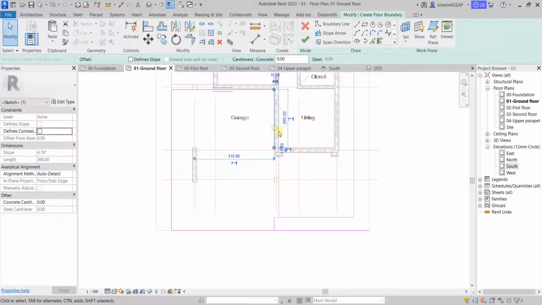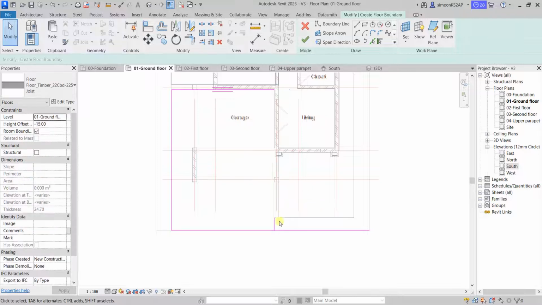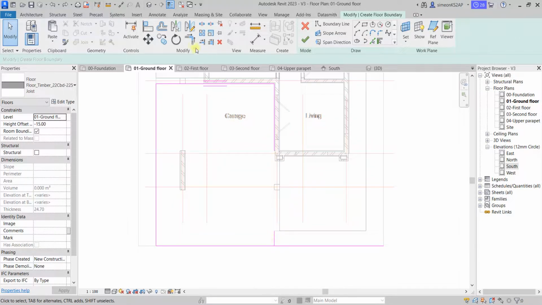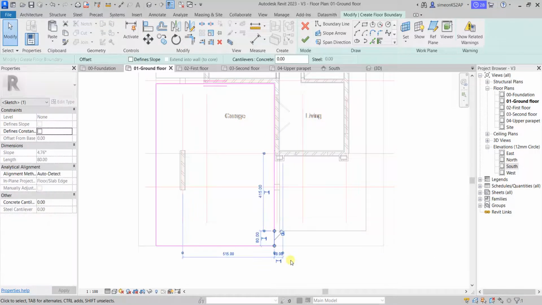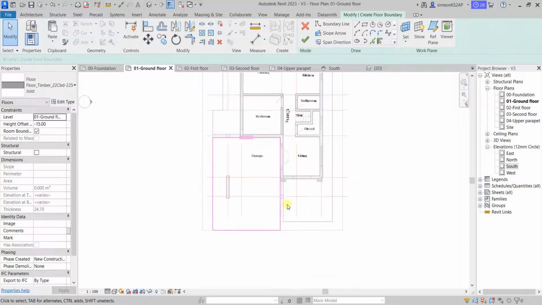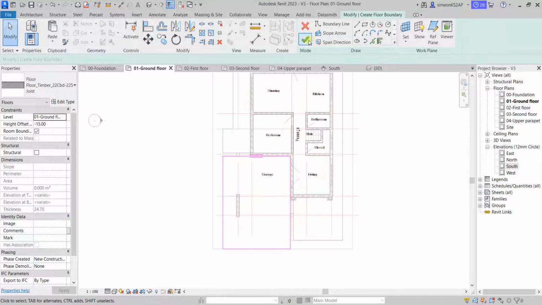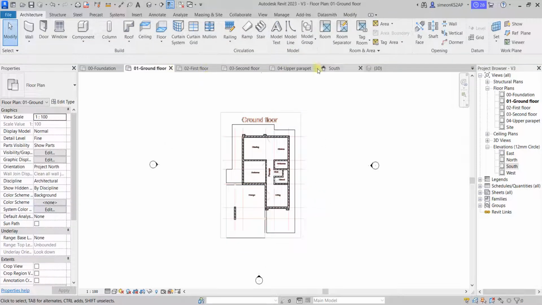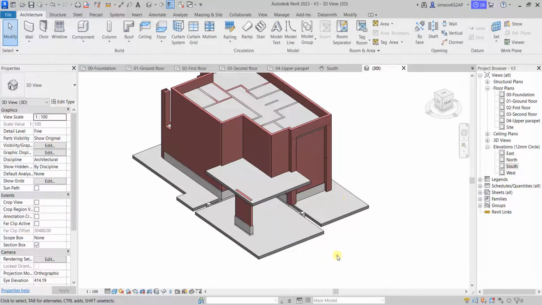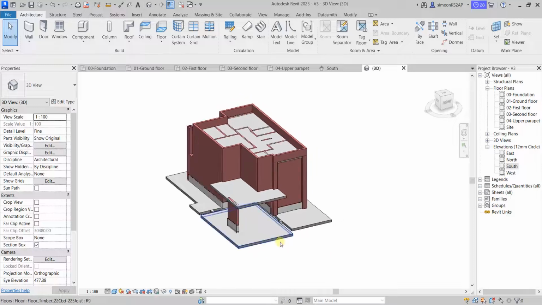I think I have made a little bit of a mistake here. What I'm going to do is to pick, I don't actually need this. Okay, this is what I'm going to do, and there's a line overlap. I'm going to delete that one. Okay, so now hit OK to finish, and when I preview in 3D, I can now see what I was